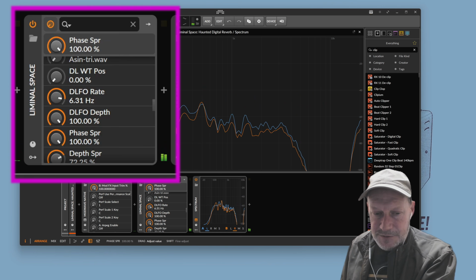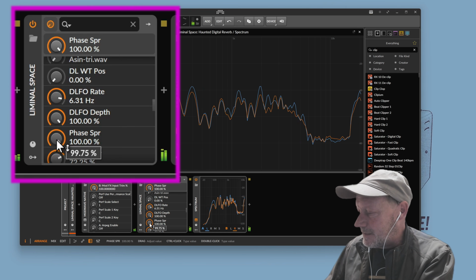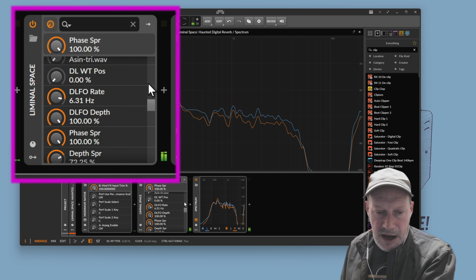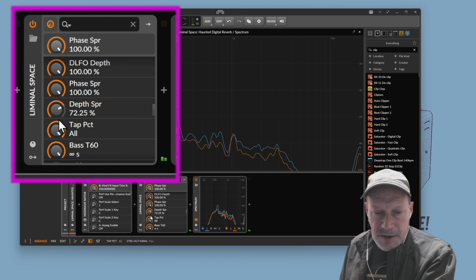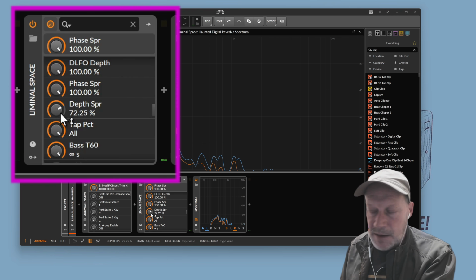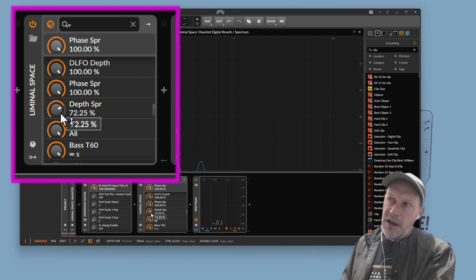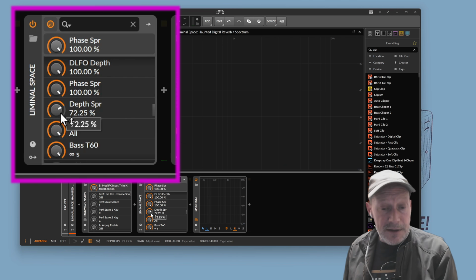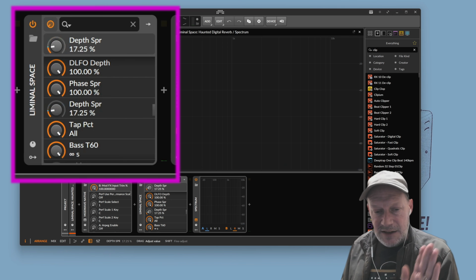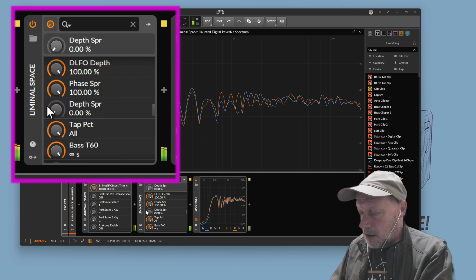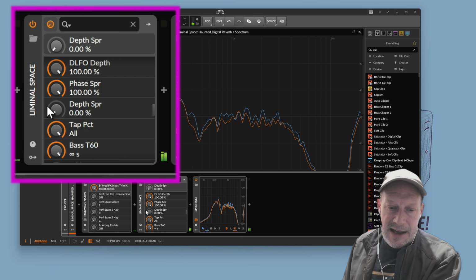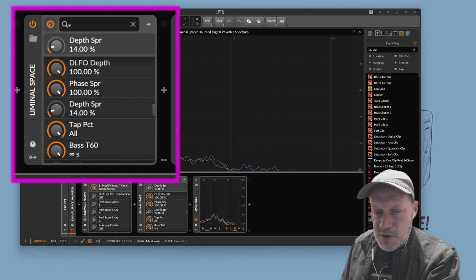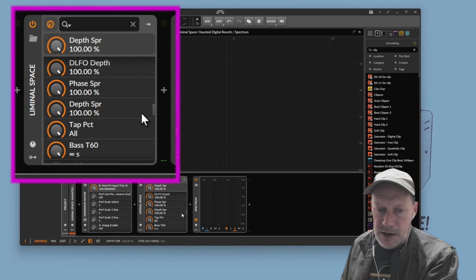And if we spread the LFOs out, it's something like diffusion now. So that's the phase spread parameter. There's also a depth spread parameter. So imagine, if you will, that we modulate each of the delays with a different depth. And so what depth spread does, if depth spread is at 0, all of the delays have the same depth of modulation. But if we move this parameter up all the way, what happens is that